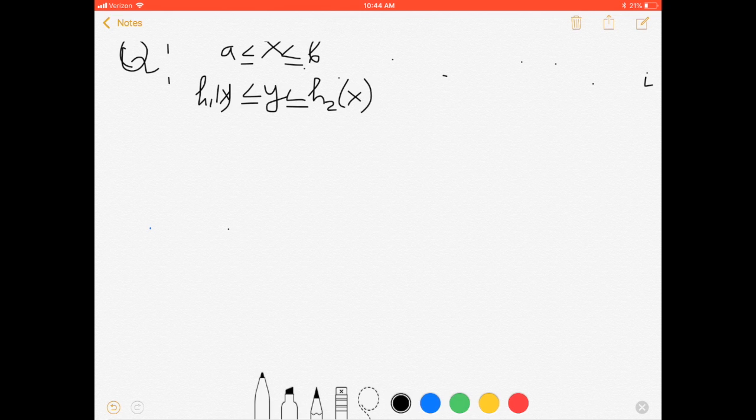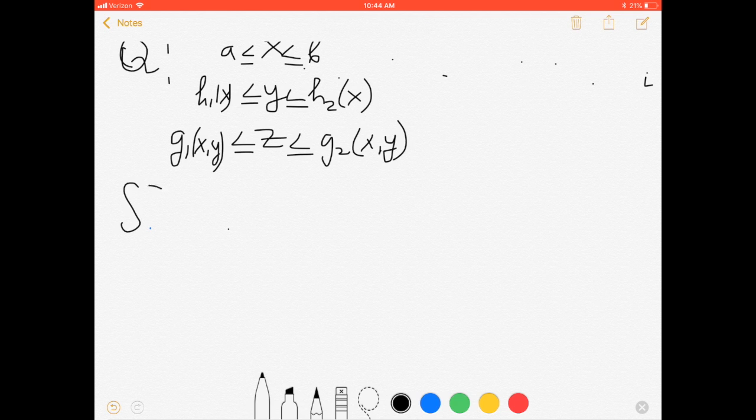You see, it depends only on x. And z changing between two functions depending on x and y. We can rewrite our triple integral